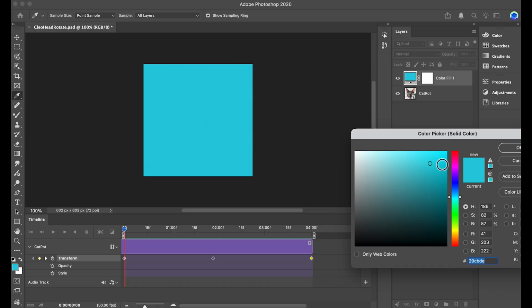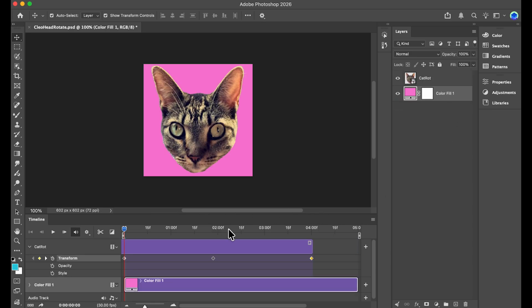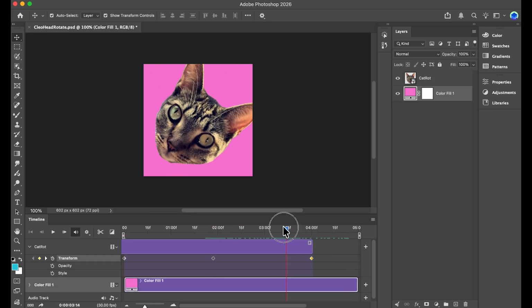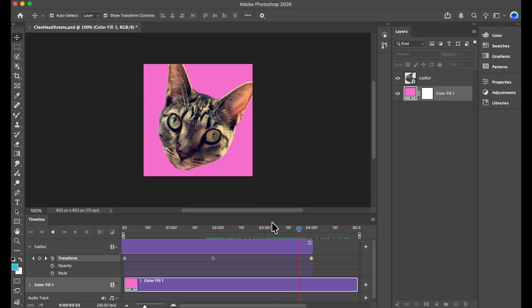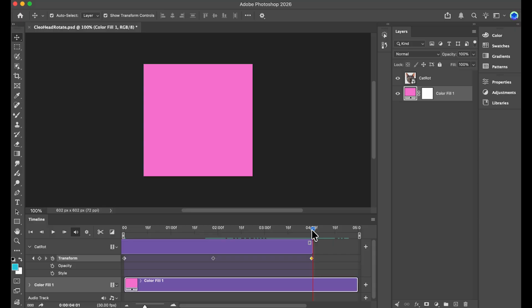And you can pick a color. Maybe I'll go with a pinkish, maybe a lighter pink, like that. Okay, and you see that it's above the layer, so let's move it below. There we go. But we also don't want this to keep playing after the cat stops. So what we do again is we just go to that frame there, click on